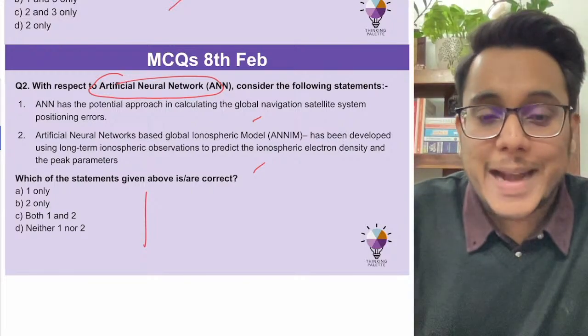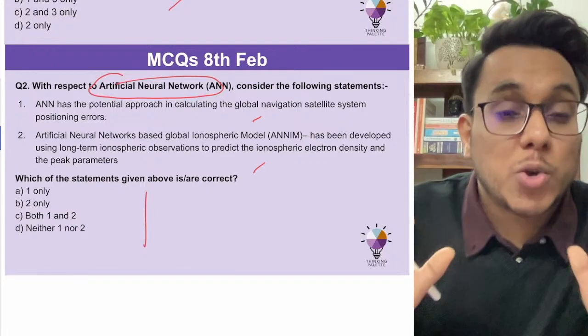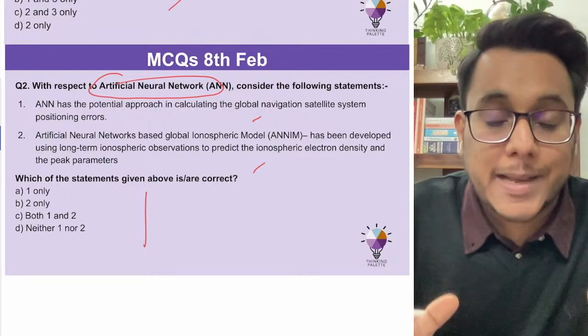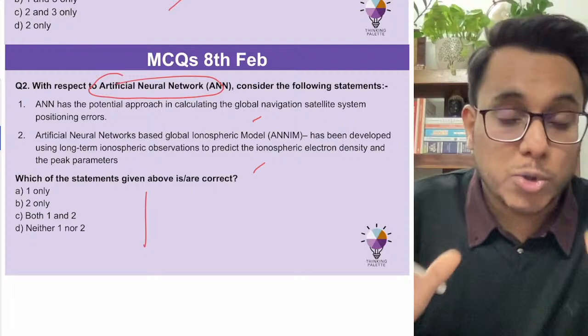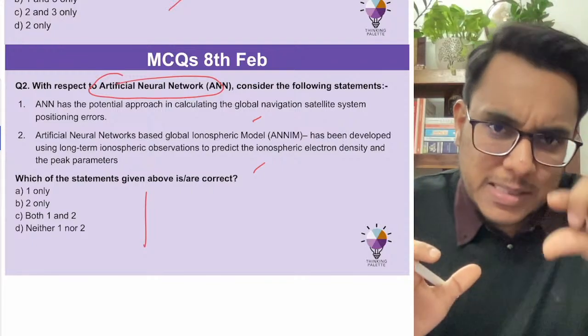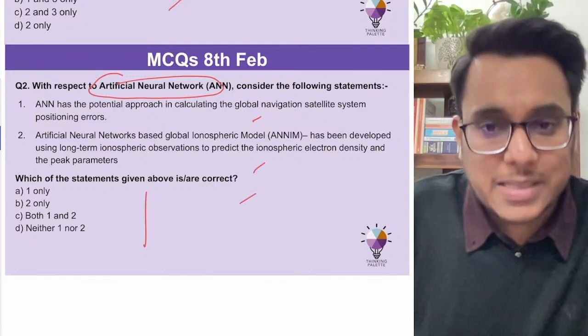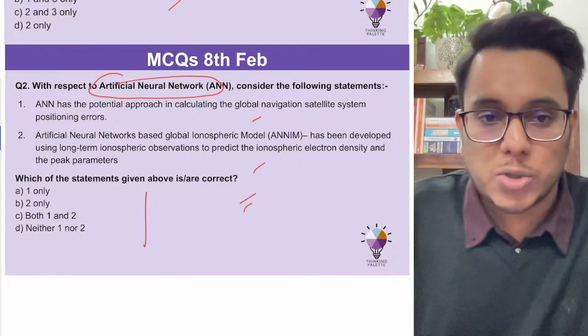Now one more thing, in science and technology many a number of times you might not know whether the entire statement is true or not, and in science and technology intelligent guessing is something that you need to learn. Through intelligent guessing, that okay, this thing will be done or not done, that is the way in which the questions are answered in the prelims examination in most cases. So that is also important.